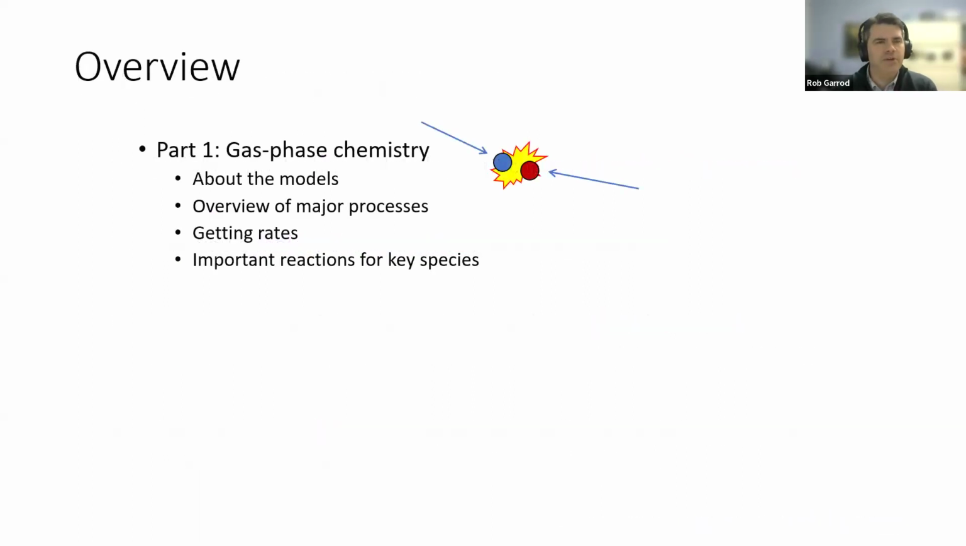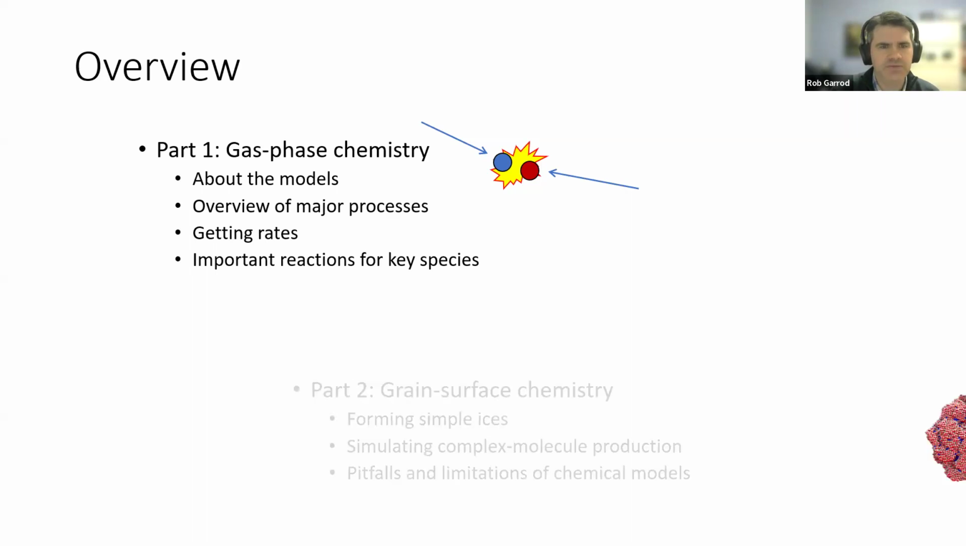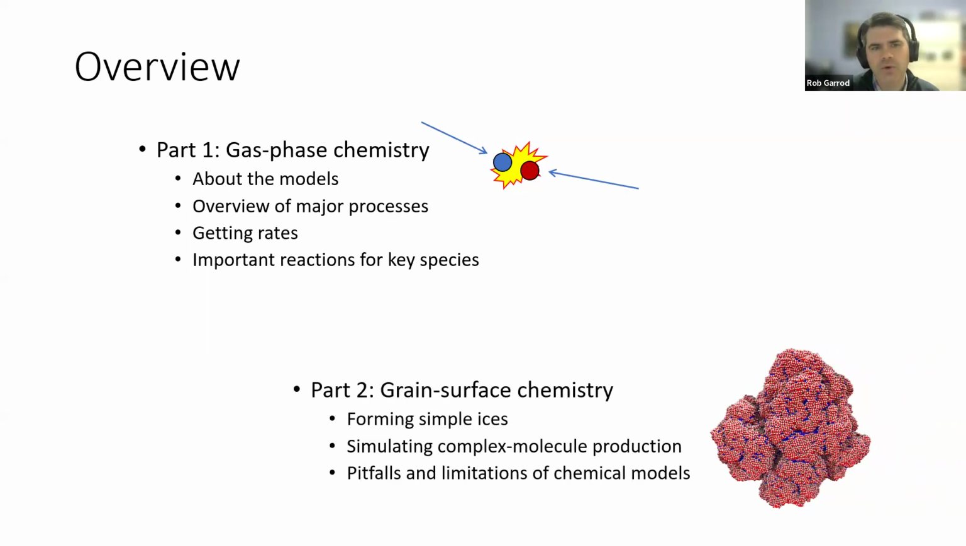So, all right, overview then. There's going to be two parts. I'm going to concentrate on gas phase chemistry. As I say, the model that I have available for you online is primarily a gas phase chemical model. So I'll say something about the models, about all the processes, to a certain extent where we get the rates from, and then I'll tie all that together and talk about some of the key reactions for certain key species. Obviously there's a lot of chemistry, there are a lot of species. I can't talk about everything, but I'm going to try and highlight some of the key processes for important molecules. I think what we'll do at that point is we'll take a few questions, and then